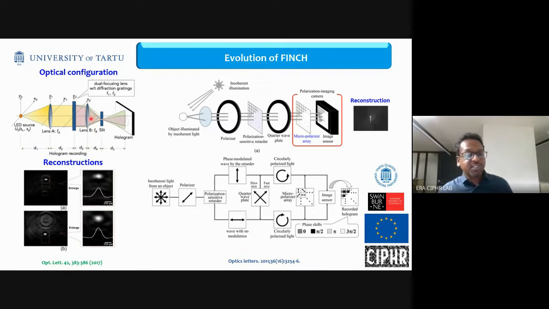So in this case, they used a slit with grating to create this interference, but you can see the reconstruction is not very good. And later, Tahara introduced the concept of polarization multiplexing. So he used a polarizer, and then he used this 4-pole camera, where every pixel has a polarization orientation of 45 degrees relative to the other pixel. So these are the different phase shifts he can obtain from a single camera shot. And once again, the problem in this case was higher noise.